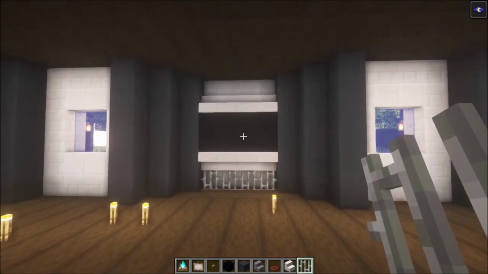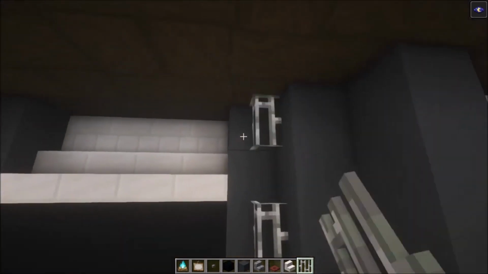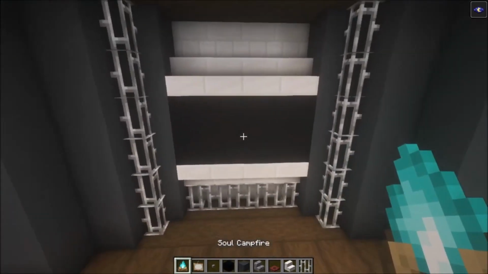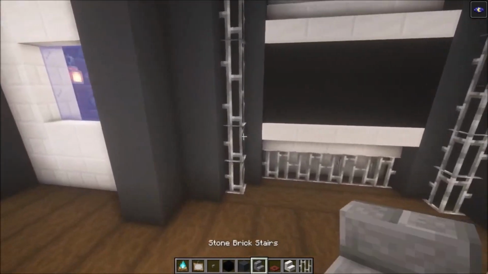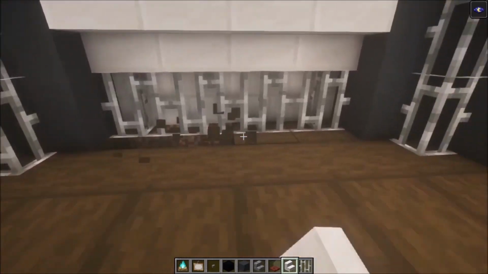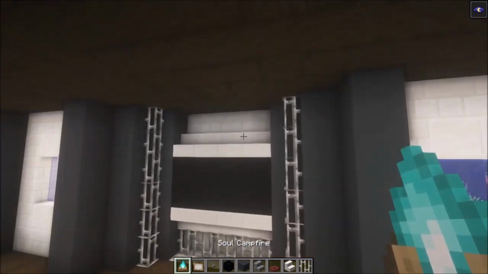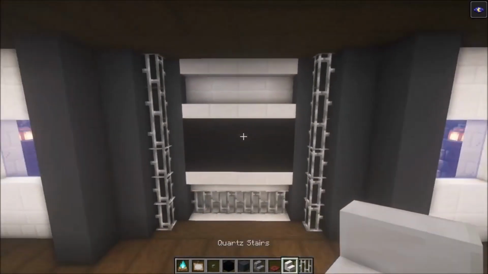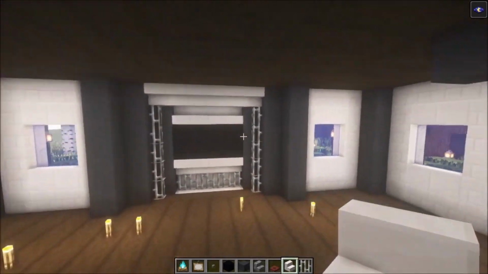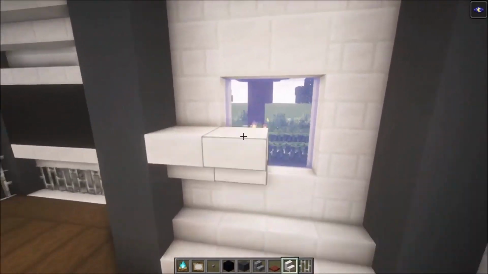Okay. Then what you want to do on the sides is again add some iron bars going up. Okay, then you want to take your campfire, actually not your campfire, I'm sorry. You want to take your stairs again. Then replace these blocks underneath as well. On these sides what we're going to do is a little bit different. So add a row of stairs like that. Then for these sides, we're going to use this